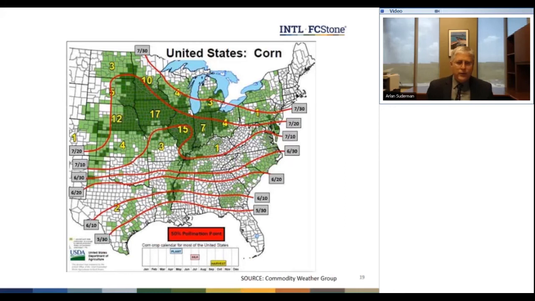Now, a couple of key areas that I think we want to continue to focus on is this area right here in central Illinois that was under stress when it pollinated. The Pro Farmer Crop Tour doesn't always dip down that far into this area, so that's something we want to watch, see how far they dip down in the eastern leg of the tour. The other area of concern is over here in the western Midwest, where I think we'll see significant problems in the corn crop there.